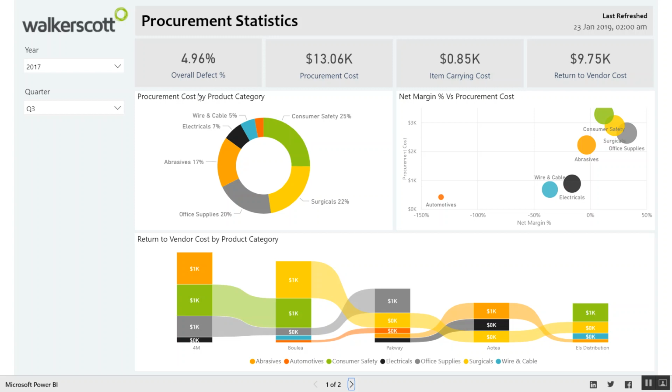With the other graphs we've got here, we've obviously broken costs down by category. We talk about net margin against procurement costs, and we also track our return to vendor cost by product category through here. If we click on over to the second page,